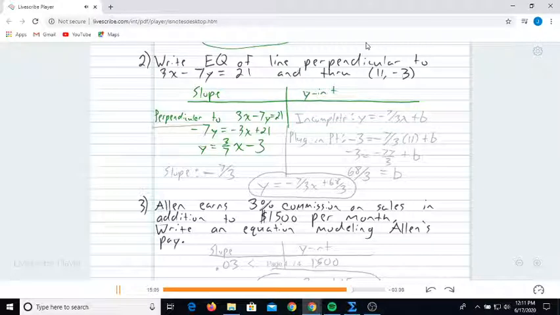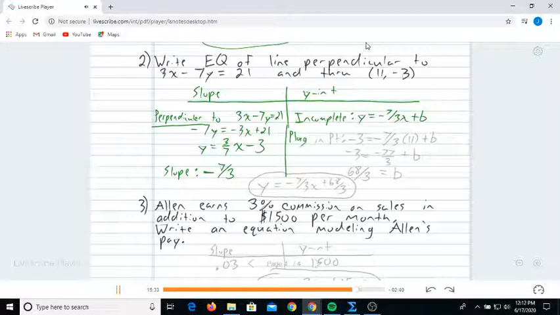So the slope is perpendicular. So that tells us the slope is opposite and reciprocal. Well, this slope is positive, so ours is negative. The reciprocal of 3/7 is 7/3. So we now know that our slope is -7/3. We're halfway done. What remains now is to figure out the y-intercept, and it's the same song and dance